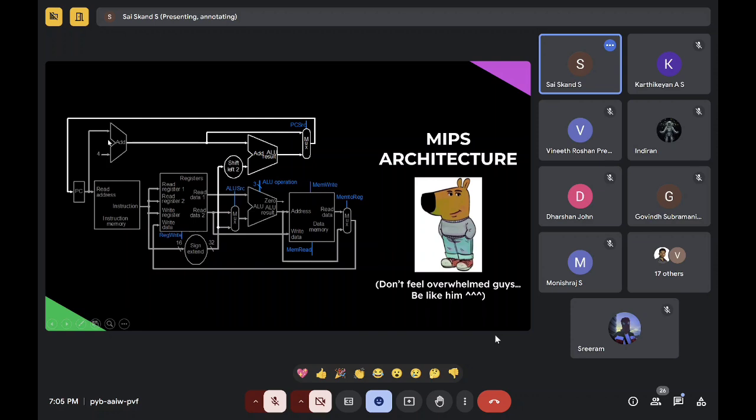You can see it. Look here, why is +4 happening here? To update the address again. I guess it's clear for you all. Through the address update we again store it to the program counter. So we read this address from the program counter and then we get the instruction. Based on the instruction, we use the registers to select the data values that are needed.